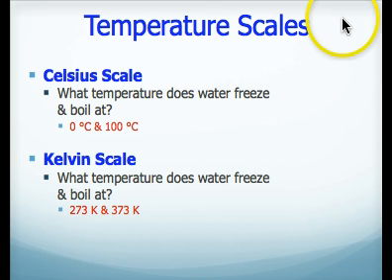As far as information about the temperature scales that you should be familiar with, you should understand that water boils at 100 degrees Celsius and freezes at 0 degrees Celsius. And we should know what those numbers correspond to on the Kelvin scale. Since Kelvin is Celsius plus 273, the freezing point of water, since 0 in Celsius is just 273 higher, is 273 Kelvin. And water boils at 100 degrees Celsius, so if we add 273, we get 373